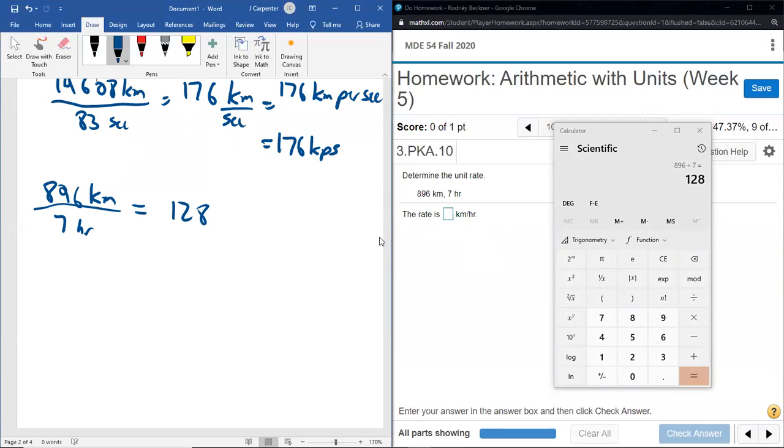128 bobs per orange, right? 128 waters per notebook, right? I'm just looking at things in my room. I don't have a bob in the room, but I do have an orange in the room. No, kilometers per hour, or 128